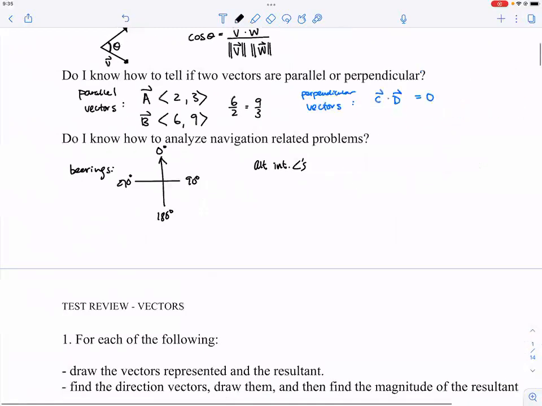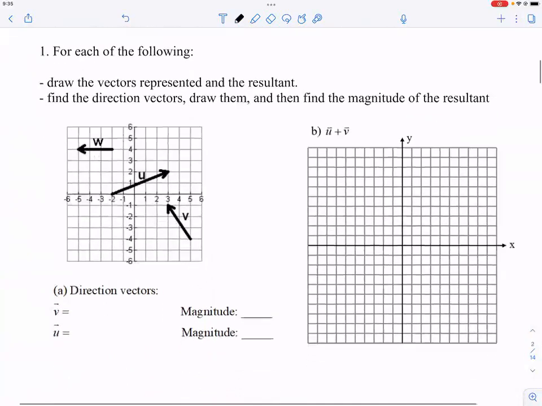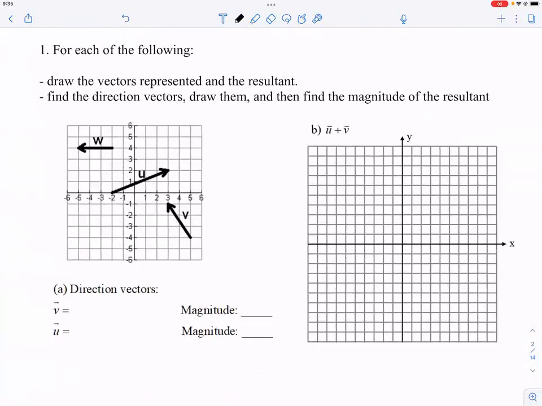All right, let's go ahead and take a look at a few questions here. So let's look at the first question. For the first question here,